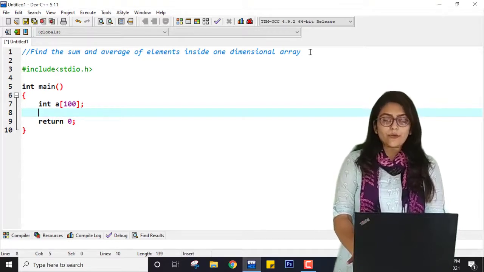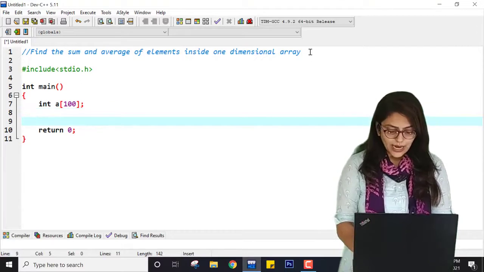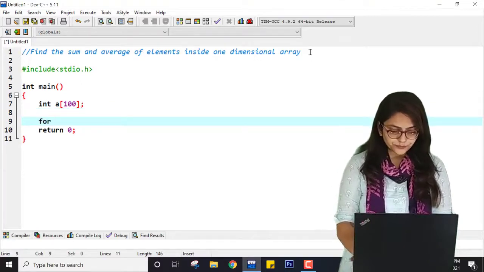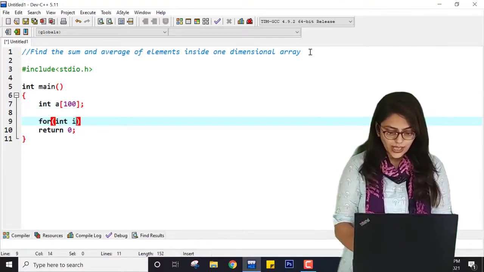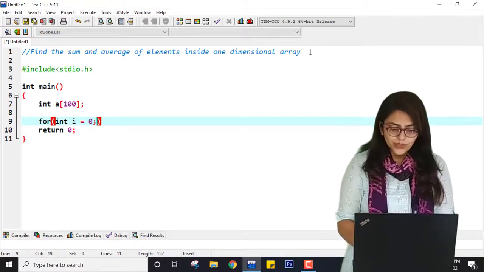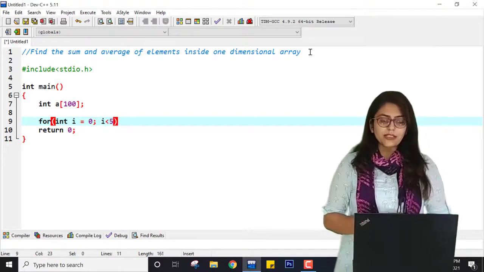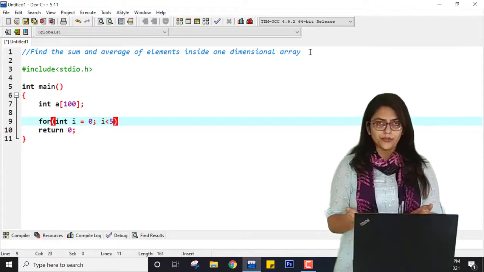Now if I want to take values from the user, then I take one loop: for int i equal to 0, because array index will start from 0, i less than 5 because I want 5 numbers only from the user, right?